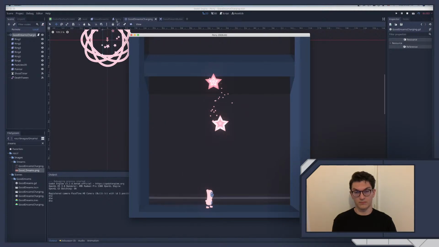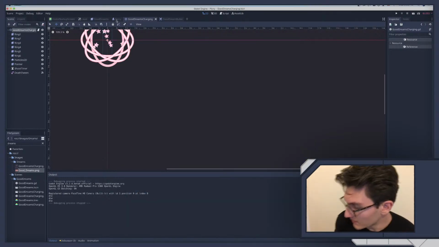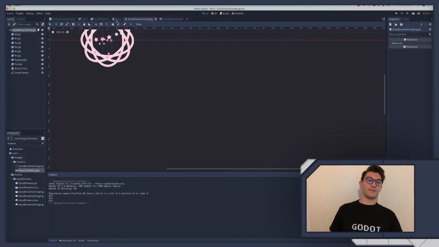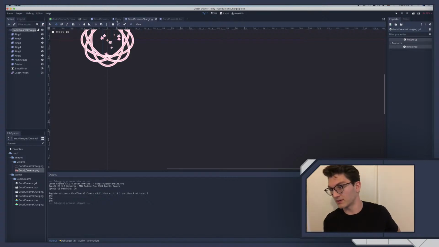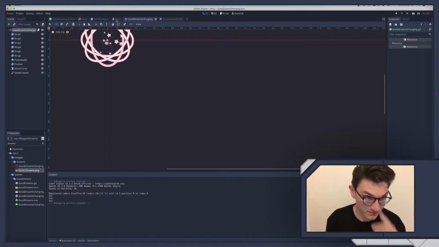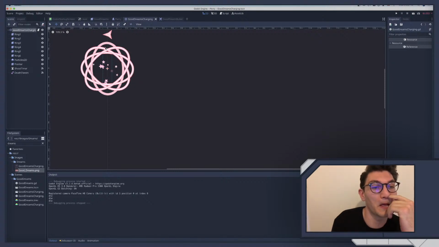Okay. Yeah, so the problem with this is obviously that the trail is disappearing, which is a big thing in Godot that happens. Your trails will disappear, and basically the only way to get around that. The other thing is that when we're doing this, I